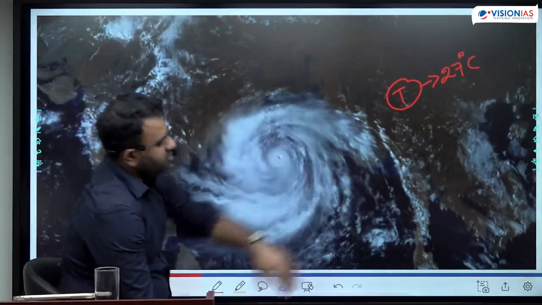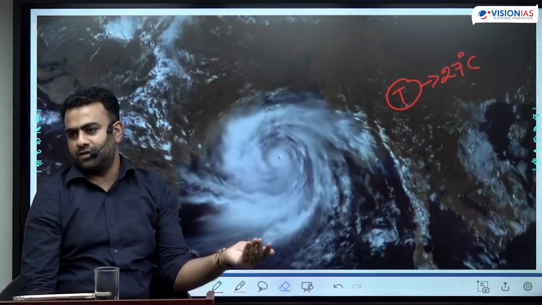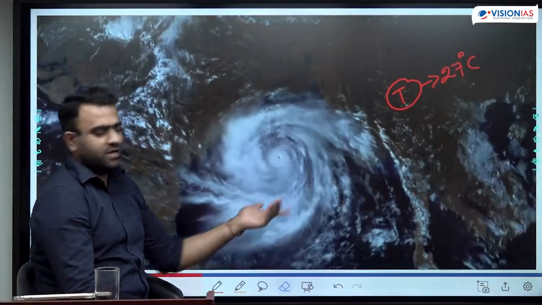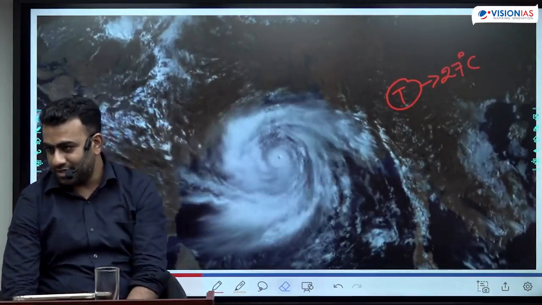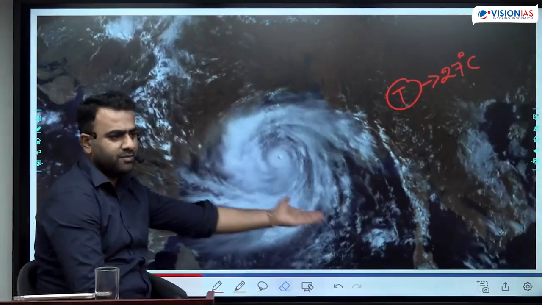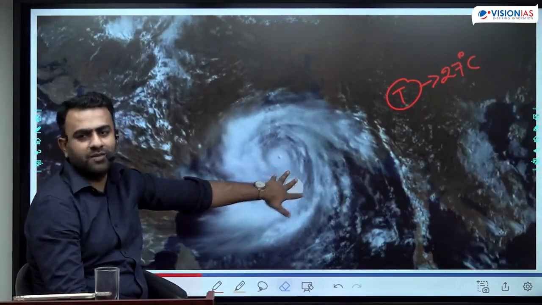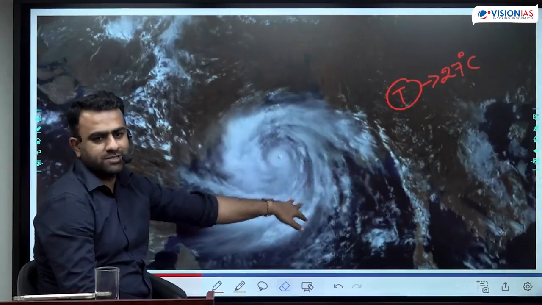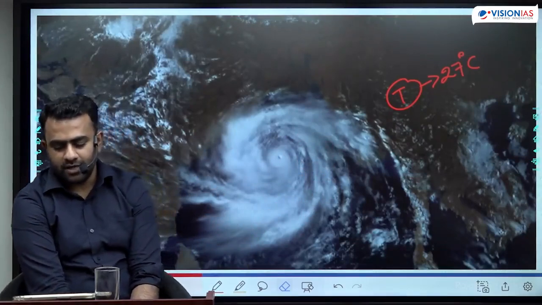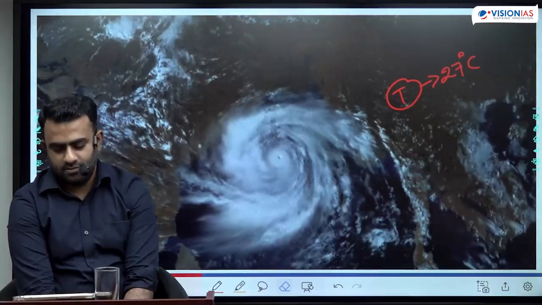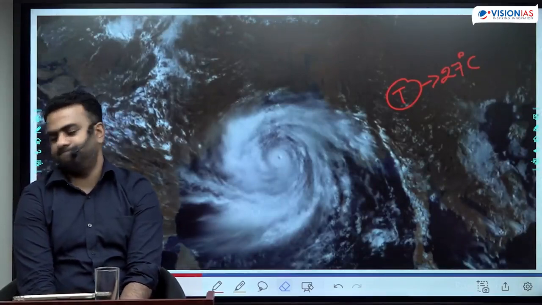Or maybe there is a low pressure developed in another ocean. There the conditions are not favorable. Maybe there is a strong wind force over there, or maybe less Coriolis force. And suddenly once it enters into the favorable area, it gets intensified. There the intensification is faster. Otherwise also it can form. यहाँ पर भी बन सकते हो. Bay of Bengal में तो बहुत frequently बनता है. But sometimes whenever there is another depression which is already existing, it suddenly enters, it gets intensified. क्या लिखा है? Which gets intensified to form cyclones.